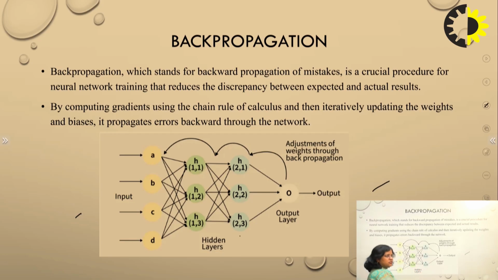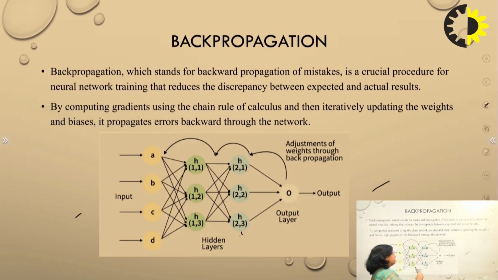Next, this is the second hidden layer. The nodes of this layer will also be connected to the nodes of the previous layer. So here this node H2,1 is connected to each of the nodes of the previous layer, that is H1. Again, the output of this layer is transferred to the next output layer. Before transferring the output